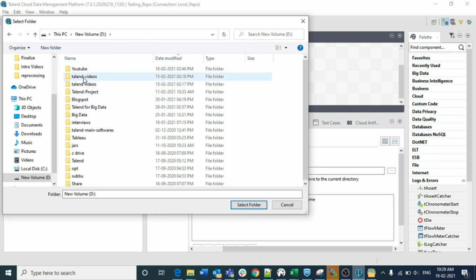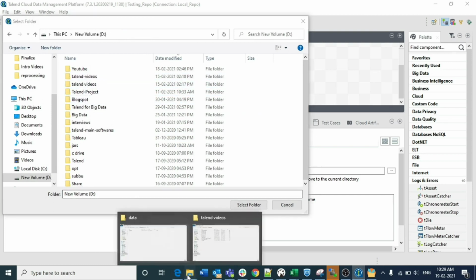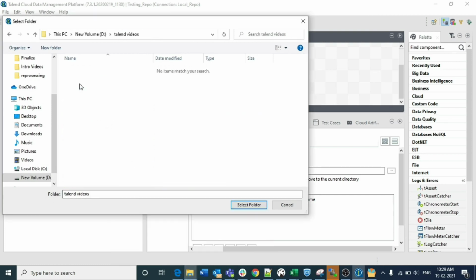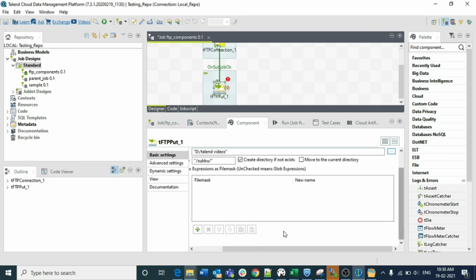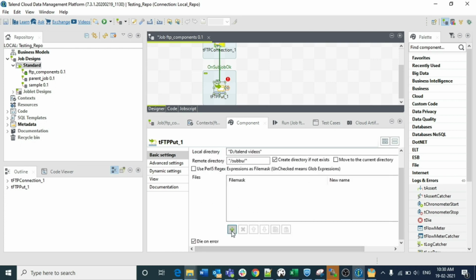Talend videos, let me recheck this. Yeah, Talend videos. This is the folder where we have the list of 10 files. I am selecting this folder, and for the file mask, I want to copy everything, so I am just mentioning a star.